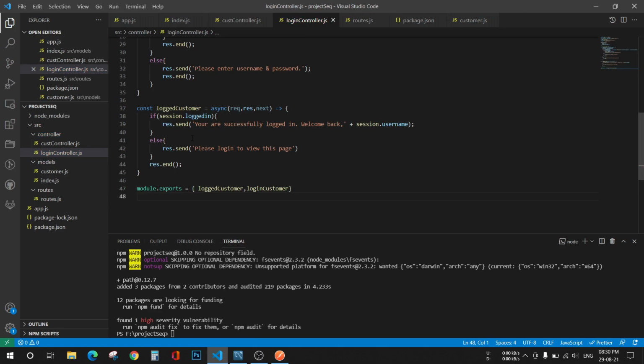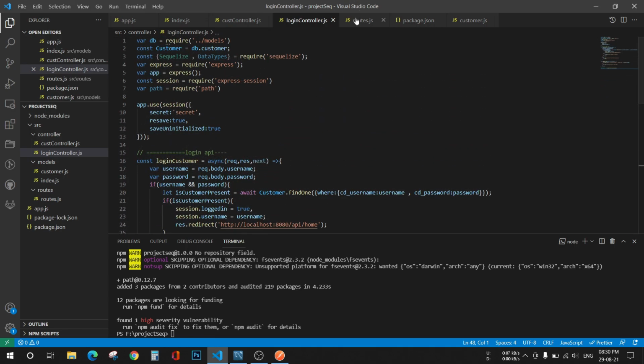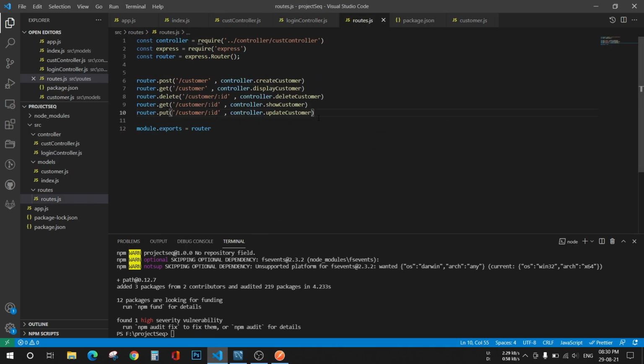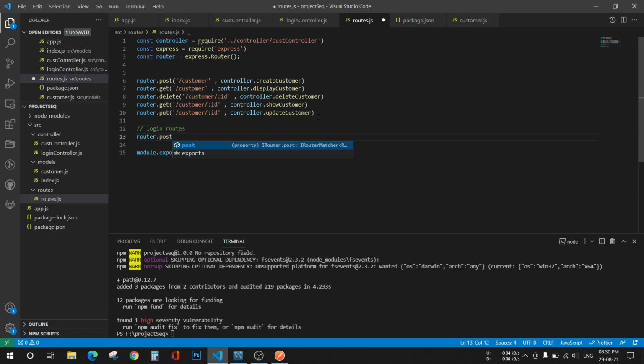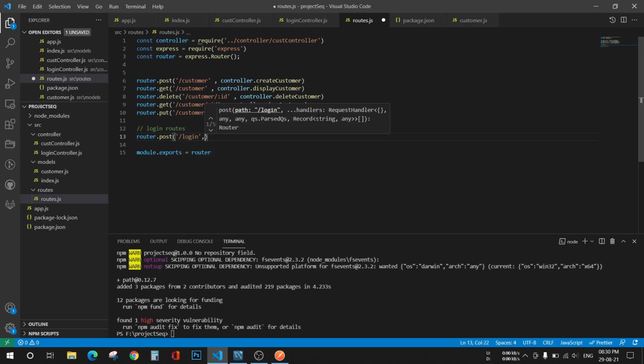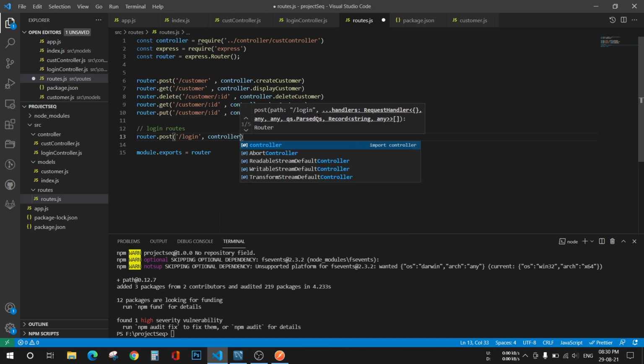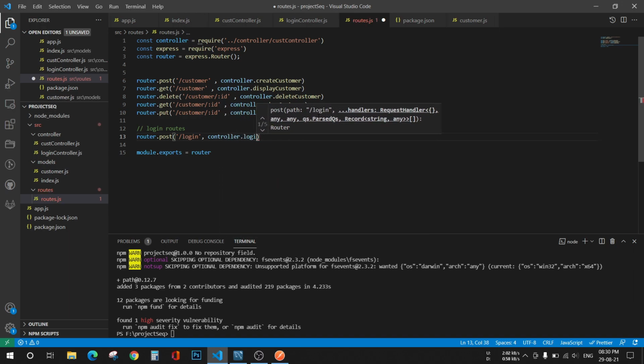Now go to your routes and create login routes. So router.post slash login, controller.login.